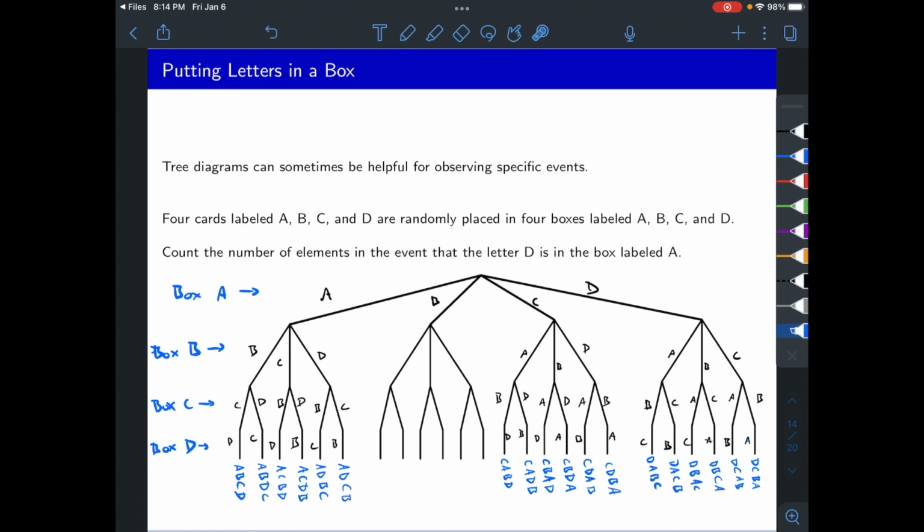Well, what if B goes into box B and A goes into box A? Well, then box C could either be C or D. And let's say that we put C in there. Well, then what could go in box D? Well, I've used the other 3 cards, so there's only one option left at that point, which is D. And so we would say that A, B, C, D are the order of the cards that went